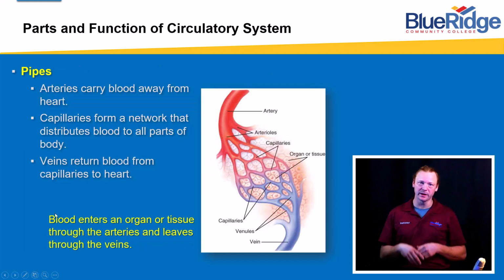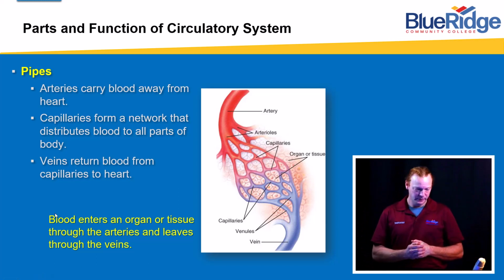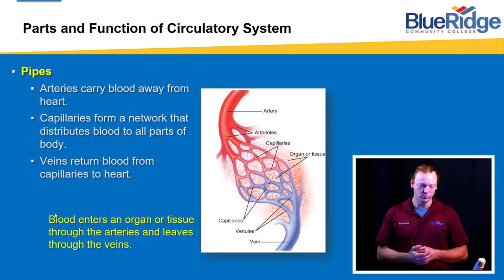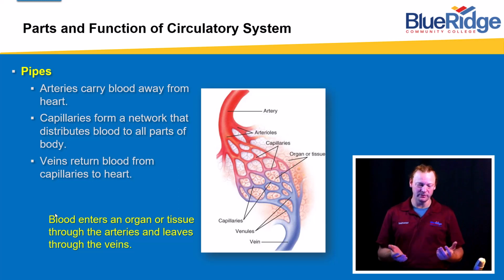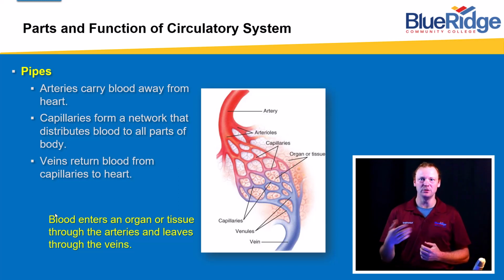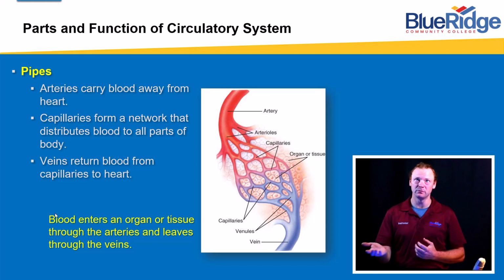The pipes, this is what carries the blood around throughout our body. We have arteries, which typically, except in the pulmonary system or the lungs, carry oxygenated blood throughout the body to the capillaries. The capillaries form a network or a web that distributes the blood to all the parts of the body and exchanges the gases. And then we have veins, which carry our deoxygenated and nutrient-depleted blood back to the heart